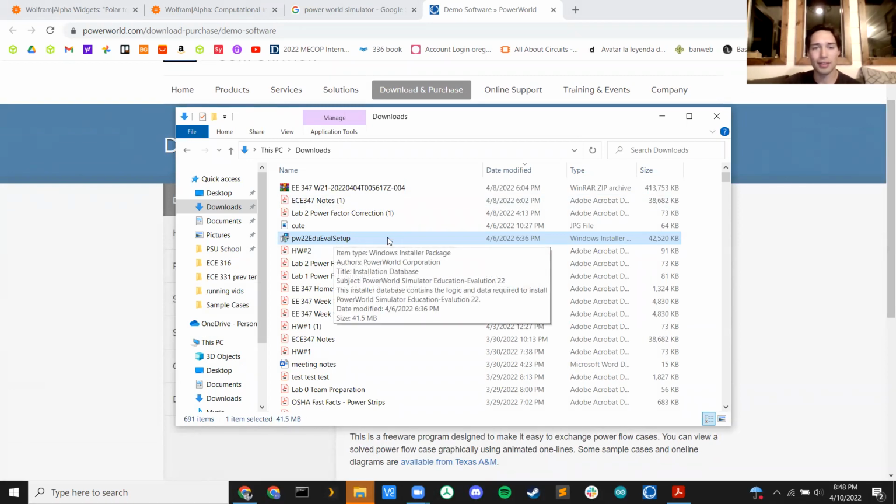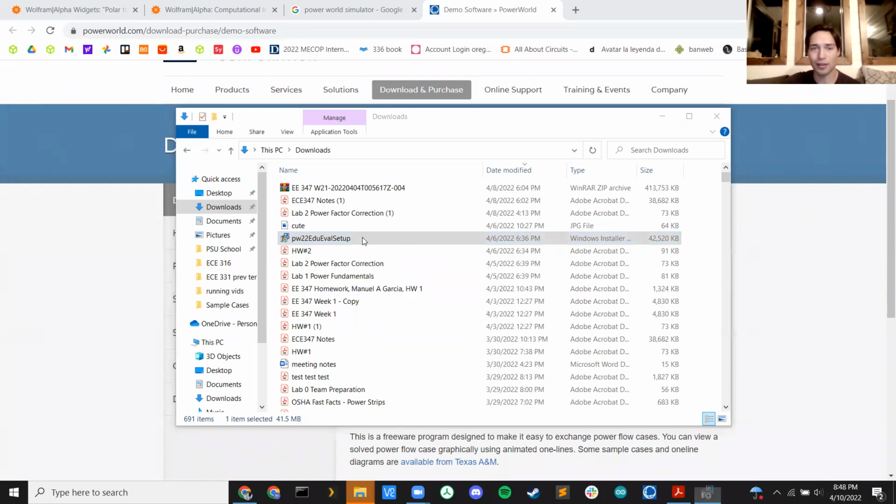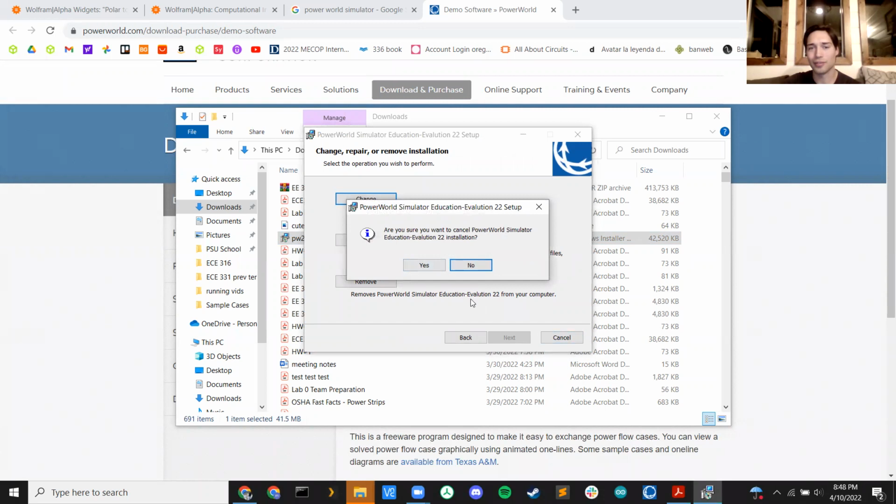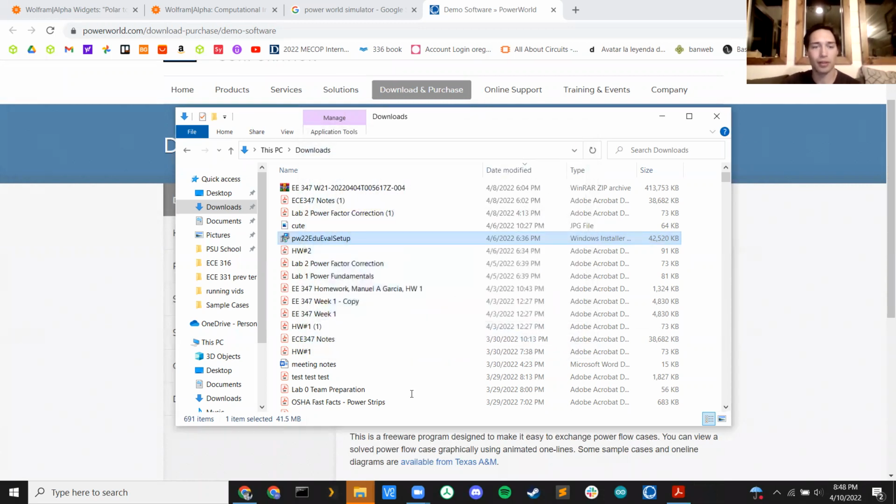Once you have that, the install is super weird. Go ahead and install it. You'll know for sure that it's installed if, when you try to install it again, it gives you this page where you can change, repair, or remove installation. Once you are getting that, after about a minute after install, the only way I've found to open it,